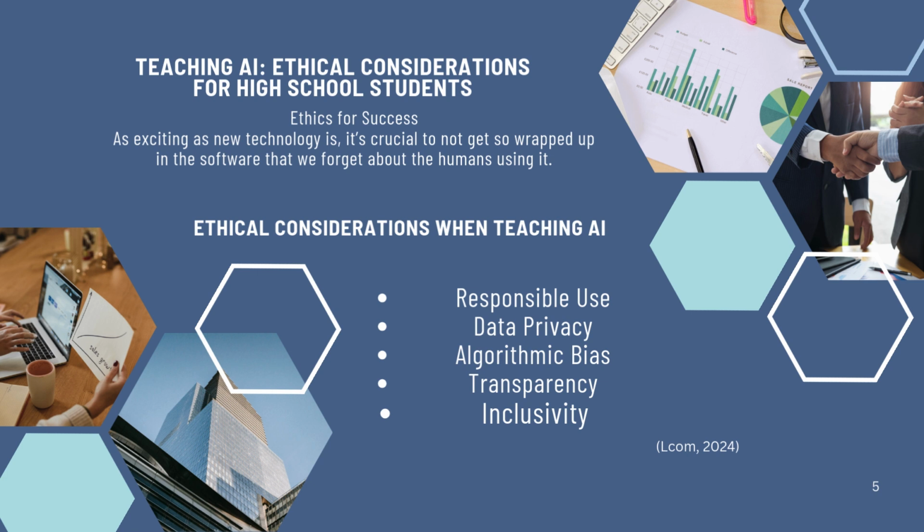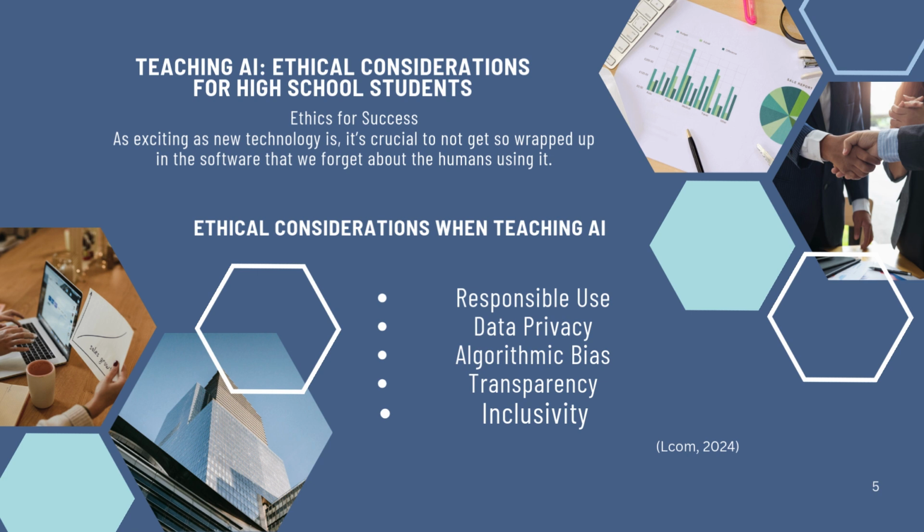Algorithmic bias. There has been significant dialogue about teacher bias based upon factors like ethnicity. Unfortunately, AI does not eliminate these concerns, as the models are based upon the data and information humans feed them. When teaching with AI, it is important that teachers address these potential biases. Transparency. As discussed before, educators should ensure that students and their guardians know how schools store data and allow them to opt in and out of use.